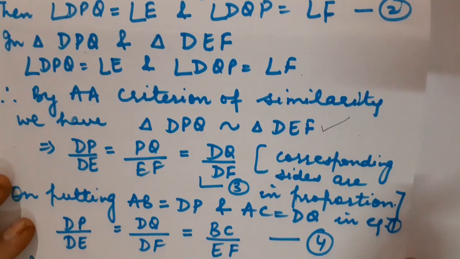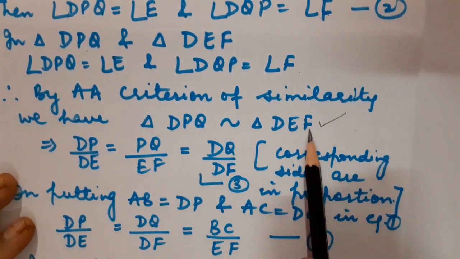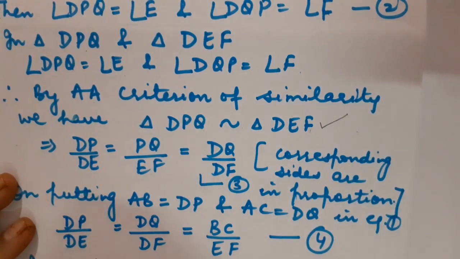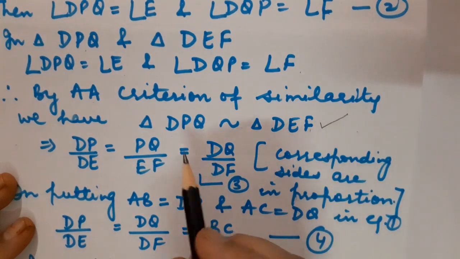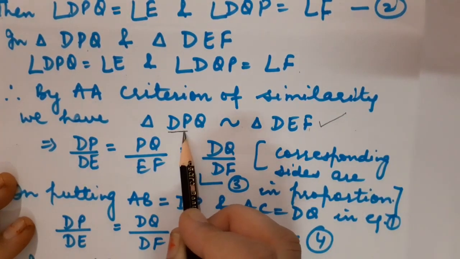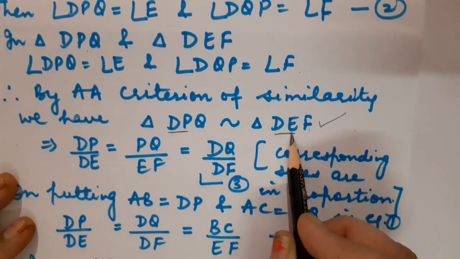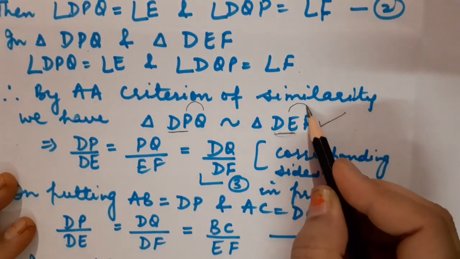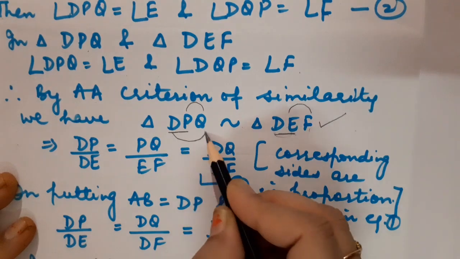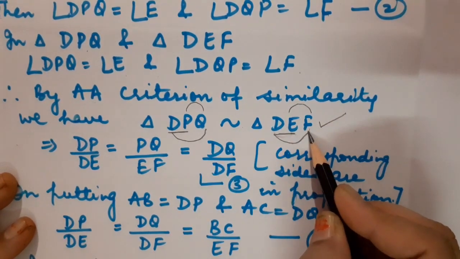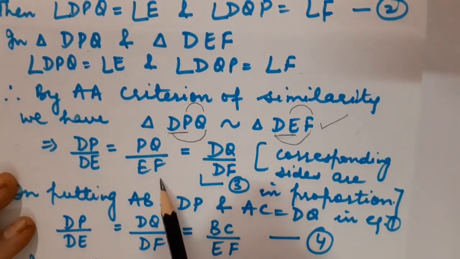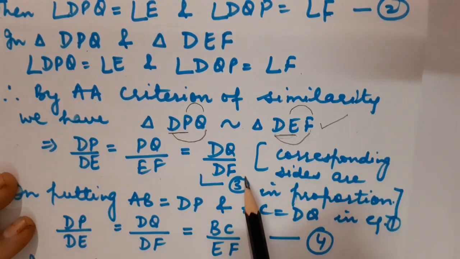Fine children. So if both the triangles are similar, then can we write that their corresponding sides are also in the same ratio or they are in the proportion? So let us take the corresponding side. If here I am going to take DP, so you have to take here DE. Fine, you cannot write ED. If here I am going to take PQ, so you have to take EF. If here I am writing DQ, so you have to write DF. Okay. So the same relation is maintained here, that is DP upon DE is equal to PQ upon EF is equal to DQ upon DF. Let us consider it as equation number 3.